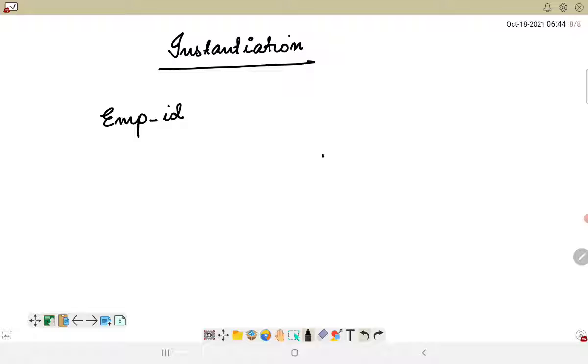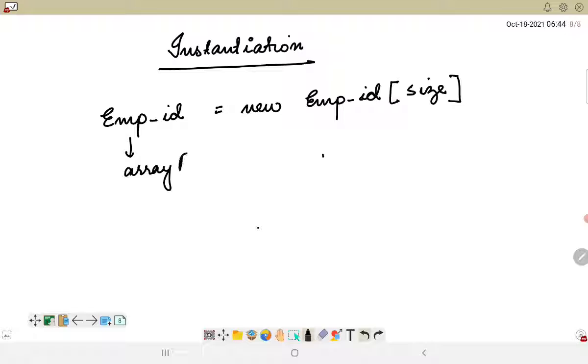Otherwise you can simply use employee ID is equal to new int, and within this you can mention the size. This is basically the array reference variable. We will see this with a program, so we do not have to worry about this. Oh sorry, this is basically the size.